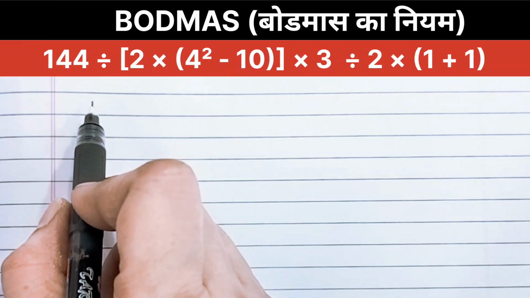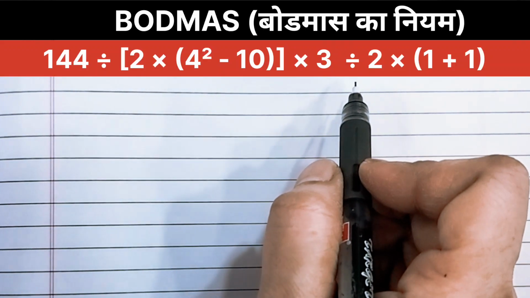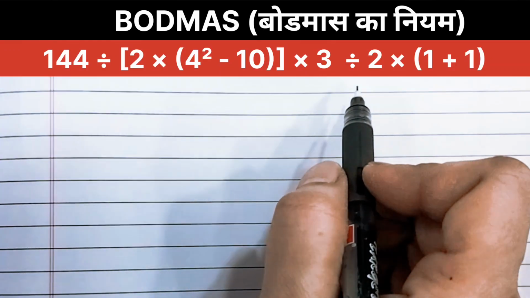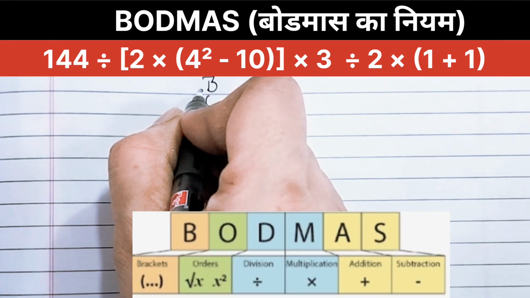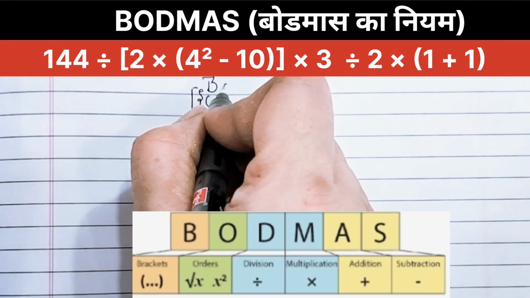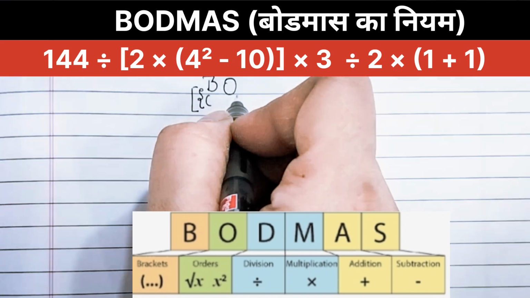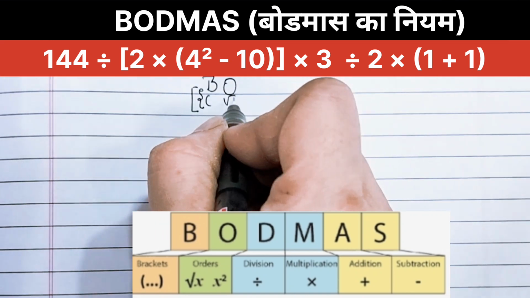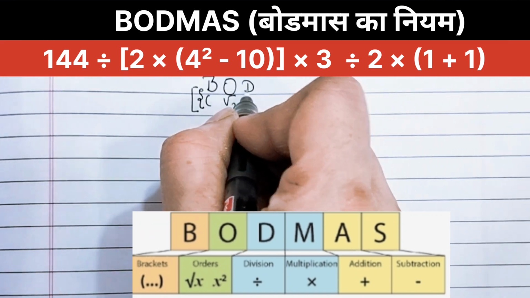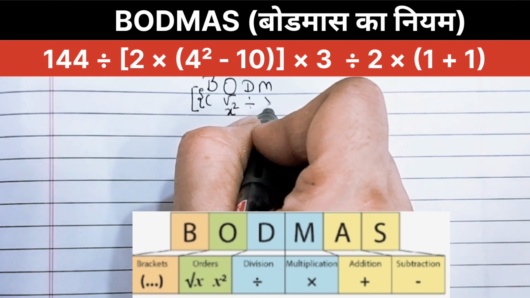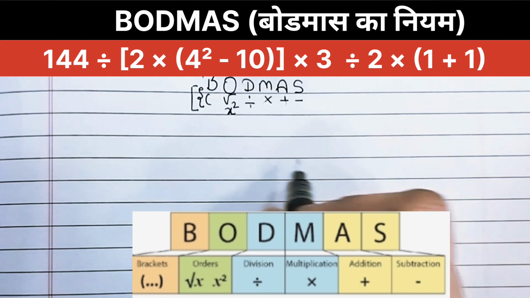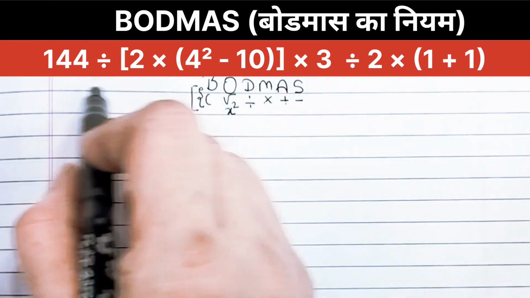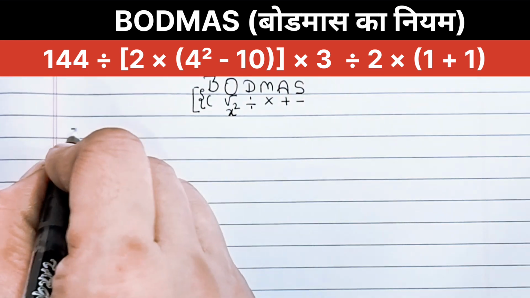Hello friends, now to solve this expression, as you can see here we follow the BODMAS rule which dictates the order of operation. First we solve brackets: small bracket, curly bracket, then square bracket. O stands for order, or we convert into multiplication. We solve roots and exponents. D stands for division, M stands for multiplication, A stands for addition and S stands for subtraction. According to the BODMAS sequence, we'll break down this expression with a step-by-step solution.